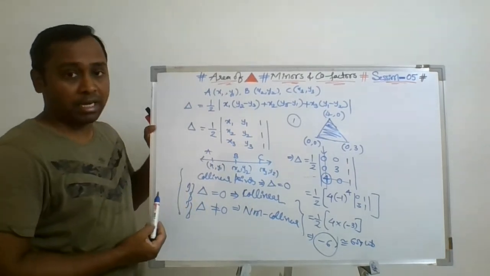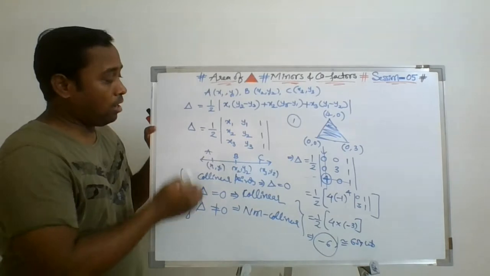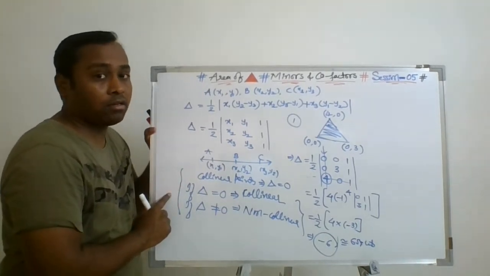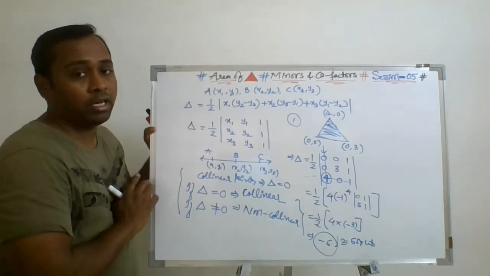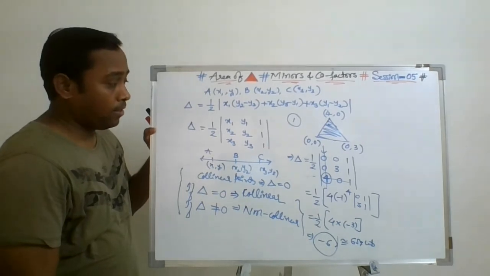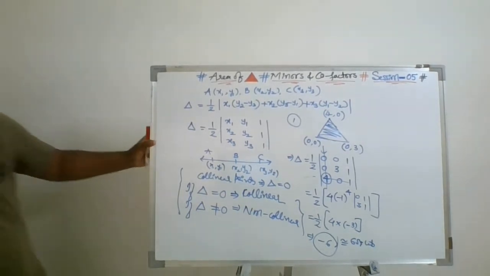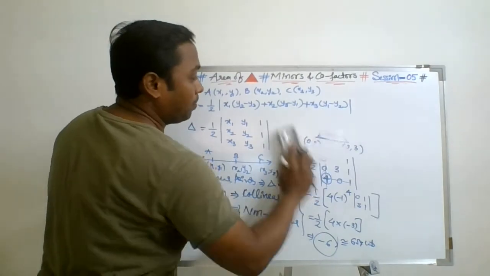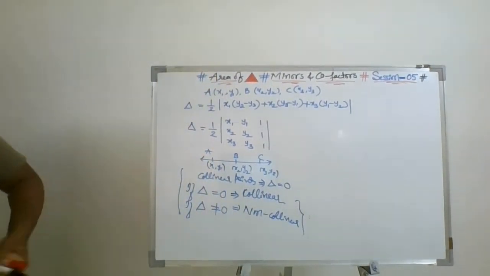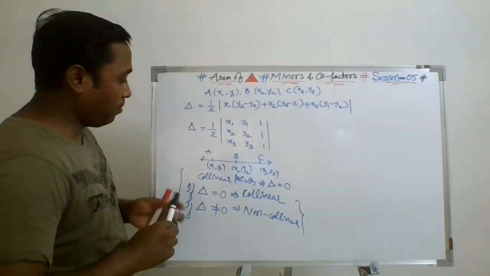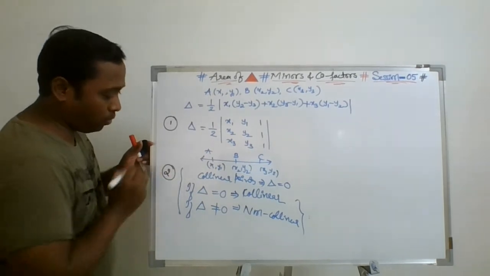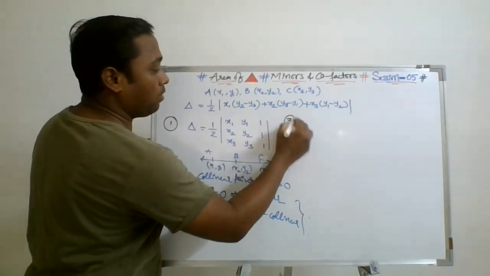So this is the concept behind it. This is one of the cases. Apart from the area of triangle, you may also check the collinearity of the points, whether they are collinear or not. Now coming to the third point, what is that? Right. So now what is the third point to be remembered? This is one of the first points to be remembered, second point, and the third point of the class.